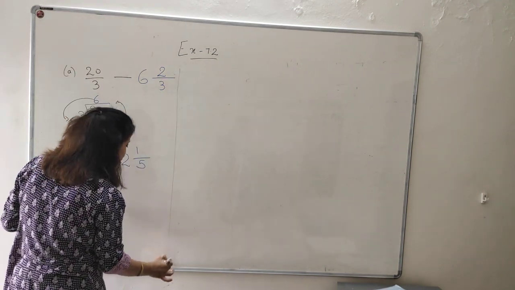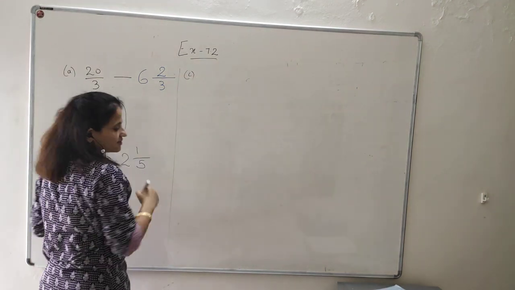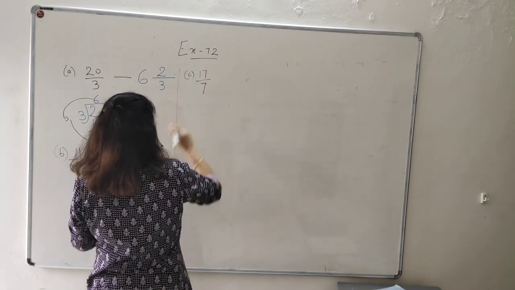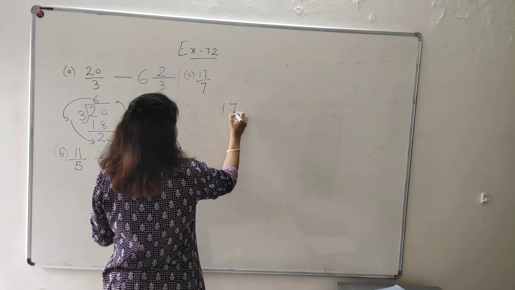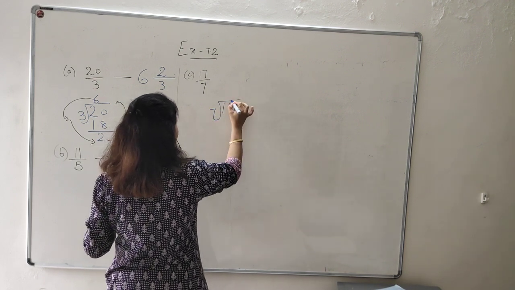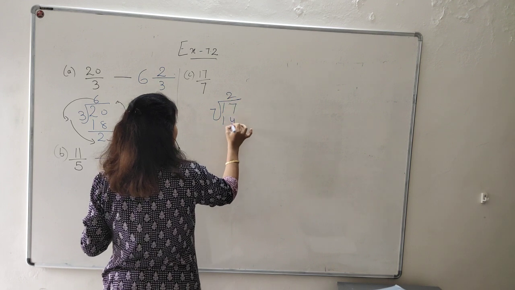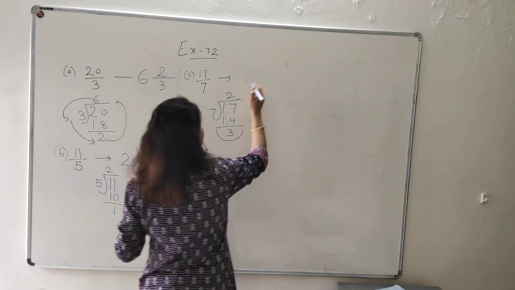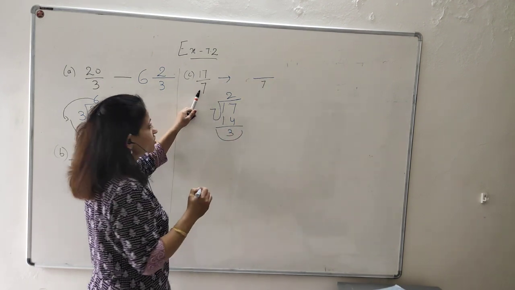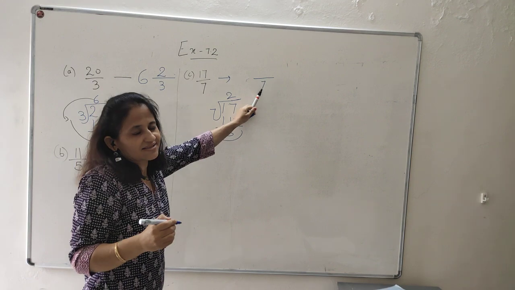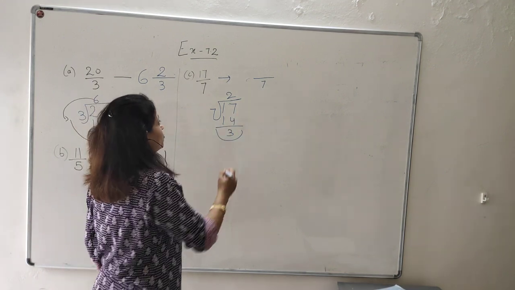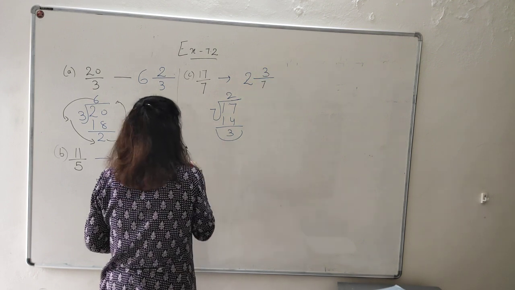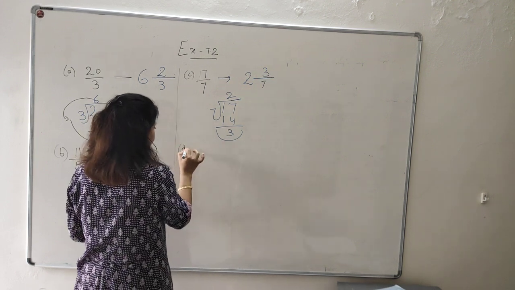You can divide the page into two parts. 17 divided by 7. Here only you can divide. 17 divided by 7. 7 2s are 14. The remainder is 3. So, I'll write the denominator first. Whatever the denominator is in the question, the answer will also have the same denominator. So, you just have to remember this will be 2 whole 3 upon 7. Then D.